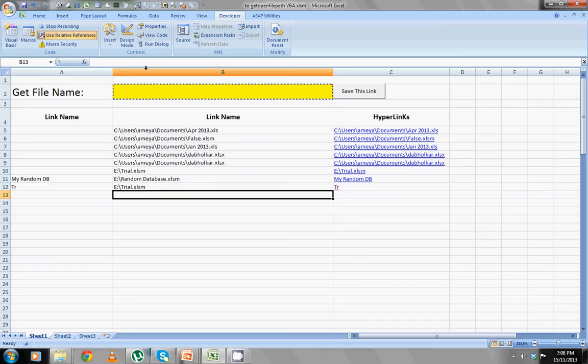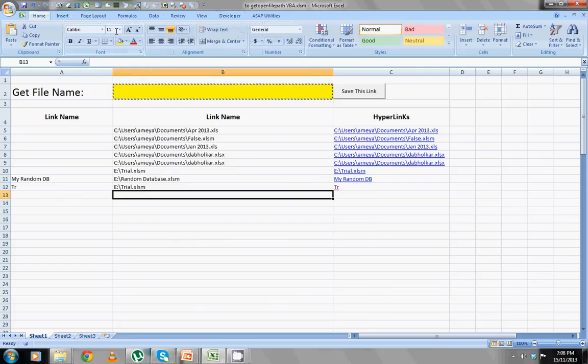If we normally paste this same link here, what the problem will be is there is some formatting: the font size is more, it is bold, and also a yellow background is there.